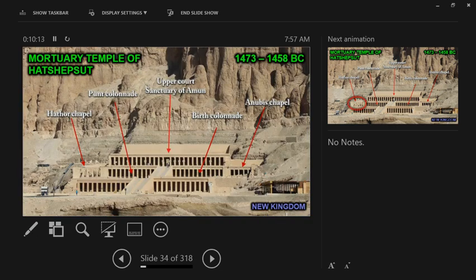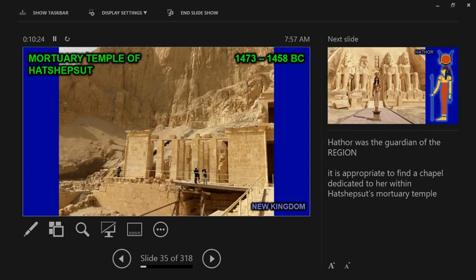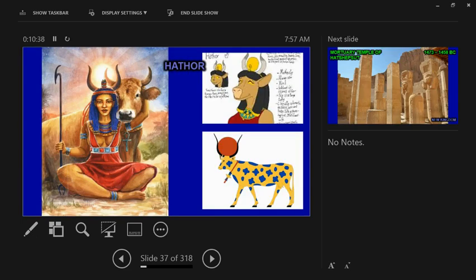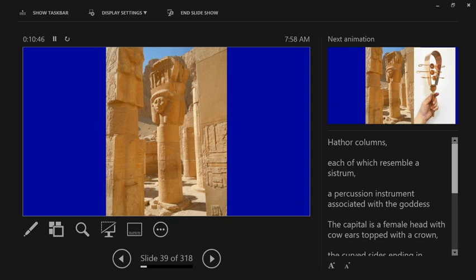All right. So, like I said, there's different parts to this tomb, and we're going to take a look at some of these parts. We're going to look at the Hathor Chapel right here, right? And Hathor is the guardian of the region. This is why you have a Hathor Chapel at this site. And Hathor is the goddess of the sun, I think, and she is often associated with cows. So that's why there are these cow-like horns on top of her head, and